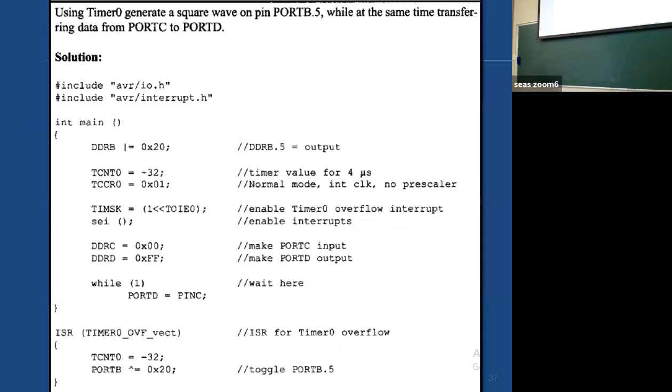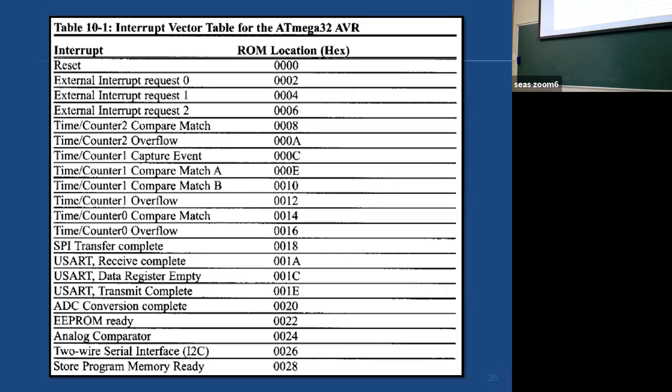Now, if you go back very quickly, we have so many interrupts. The first is reset. That is also a hardware interrupt. But we may say external hardware interrupt. We have three of them: 0, 1, and 2. Then we have timer interrupts, and there are so many others. We will come to them when we reach that point. So we understand timer interrupts now, right? We have written one program for timer 0, normal mode. You can have a similar approach for other interrupts. Now let us explore external interrupts.